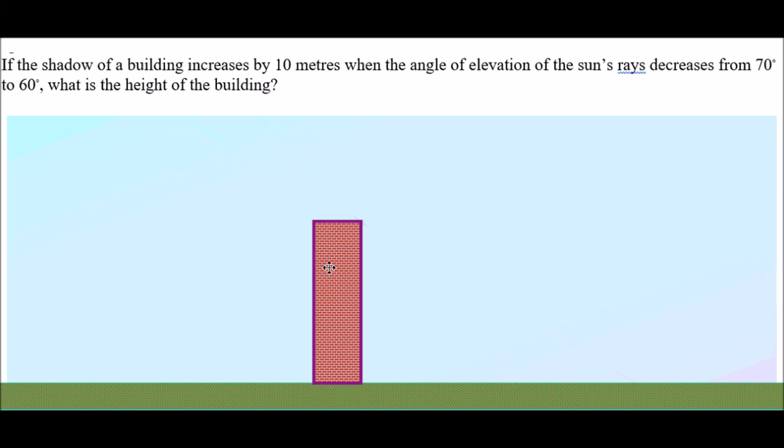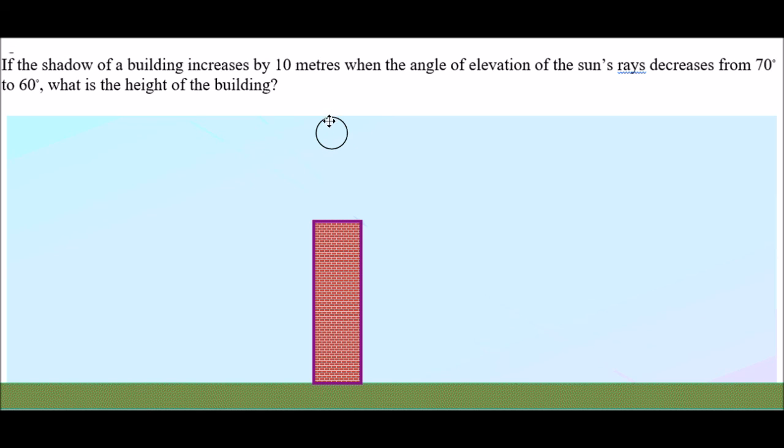So I'm representing the building with this structure here that kind of looks like a building, and I've made a nice sunny day here. Imagine the sun is in the sky somewhere and it is shining its rays down on us. If we picture the sun directly overhead, we're not going to have any shadow, because even though the sun's rays are blocked at the top of the building, there's no ground on which to